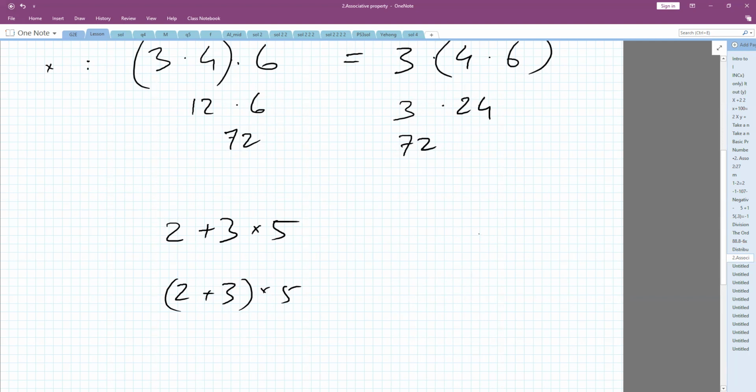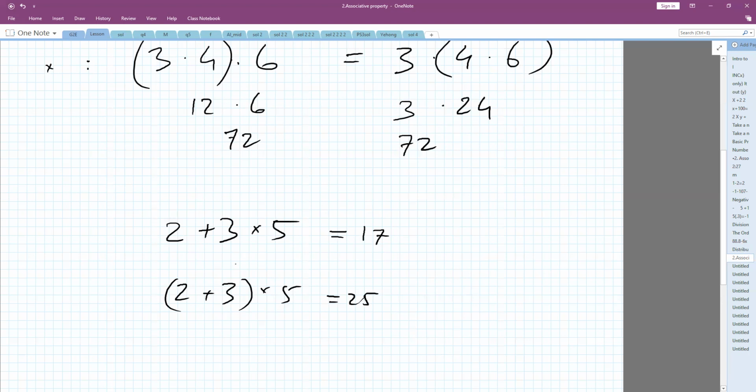This is 25. How did you get this number? 2 plus 3 is 5, 5 times 5 is 25. Very good. So you see now we have a different answer, because the second one tells you when you have a bracket, you have to do what's inside the bracket first. So be careful when we have a mixture, because you have addition and